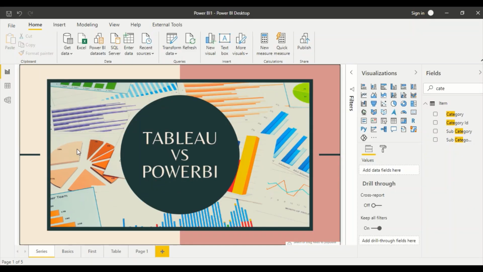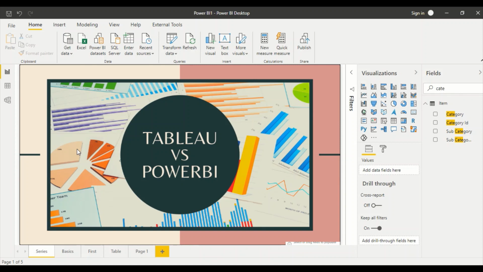So in this video in Tableau versus Power BI, what we are going to discuss is a bar visual, clustered bar visual or column chart or bar chart, what we call. The way of implementation is a little bit different, and we have to achieve almost a similar kind of chart. There could be certain differences because of the tool, and the kind of display we are doing.